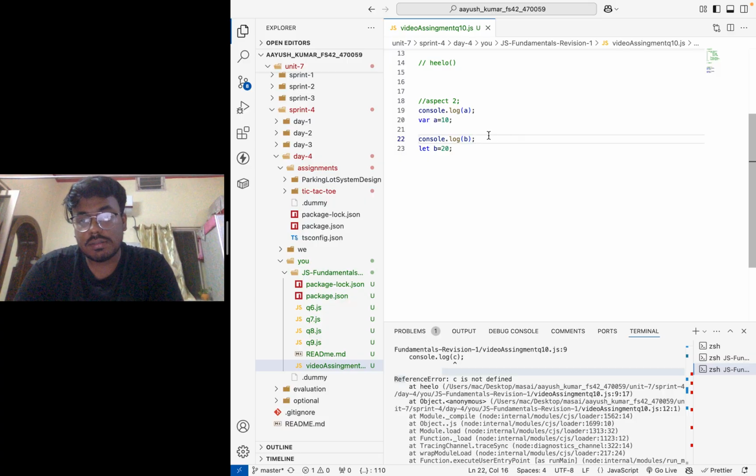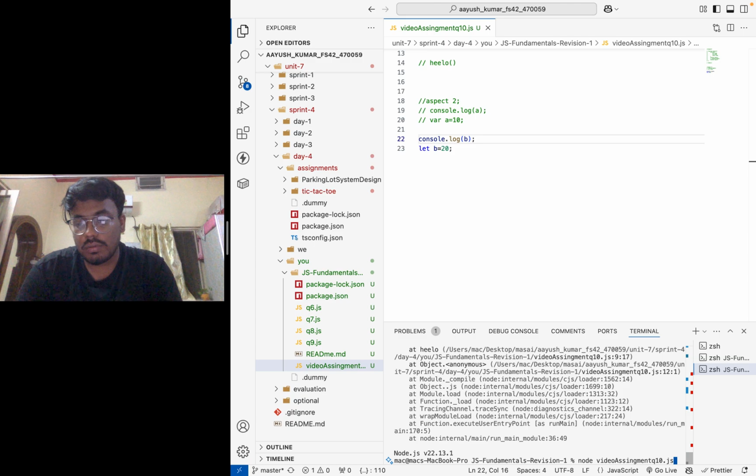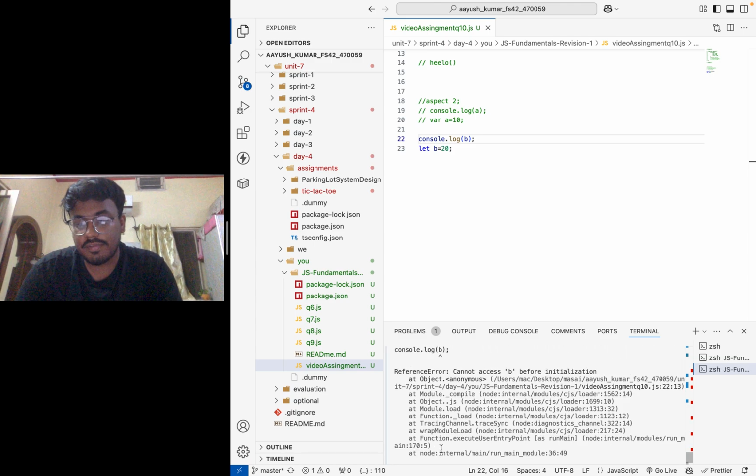So this piece of code will not give the value as undefined. It will give a reference error. Let me show you. See here, reference error: cannot access b before initialization. Here b is not initialized.